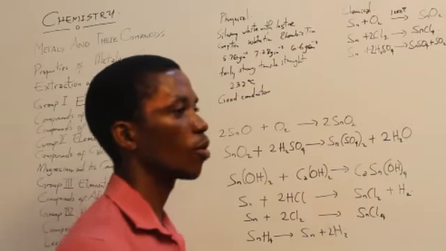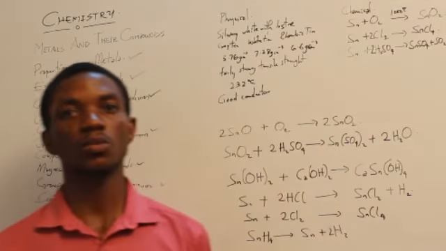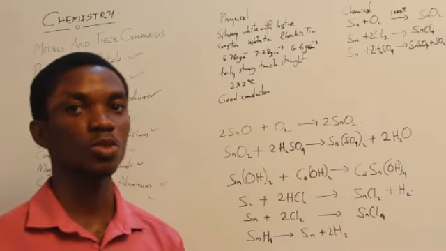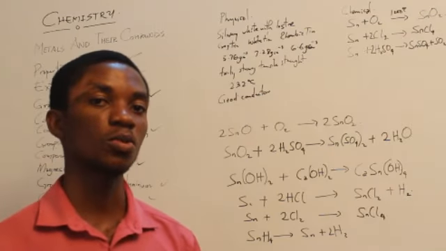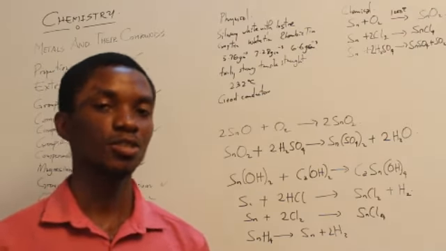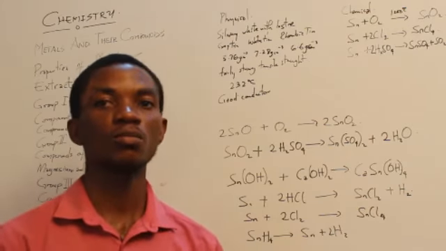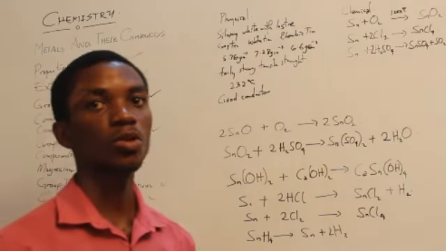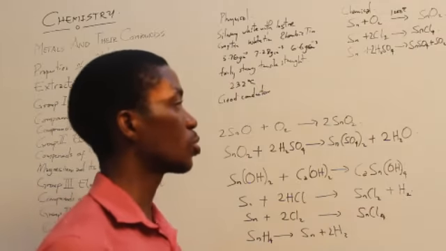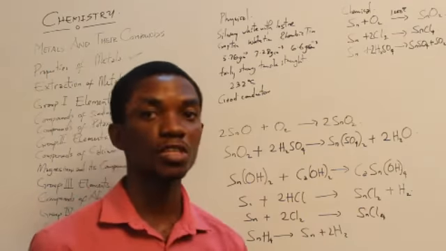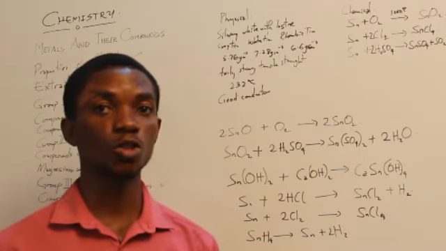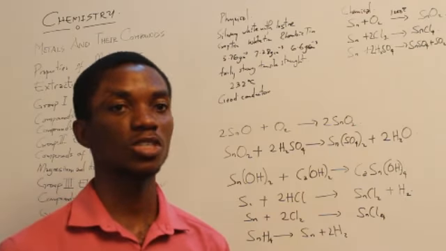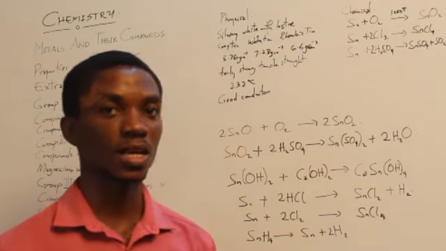Tin is used for coating metals, steel, so as to make them corrosion free. You get your steel. Maybe you want to use the steel to do a particular job. You want it to be corrosion free, so you get your molten tin and you dip your steel in it so that it can become coated. It will become coated with the tin, and it becomes corrosion free. It will not corrode. And also it is used in making corrosion free alloys that can withstand corrosion, especially when you need it to also possess certain qualities such as lightness in weight and the likes.